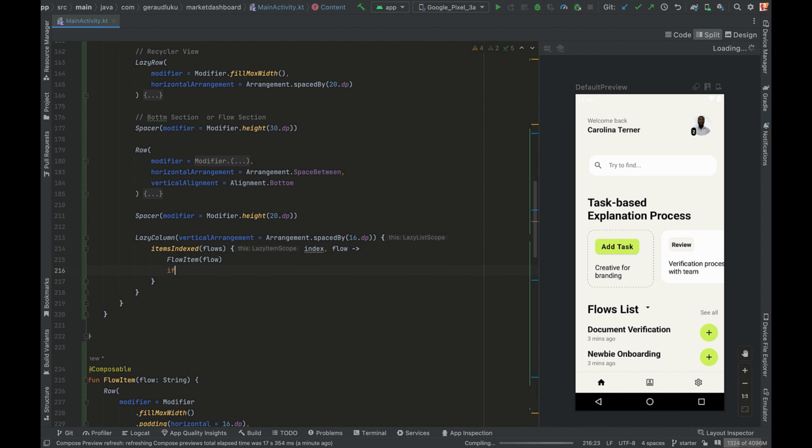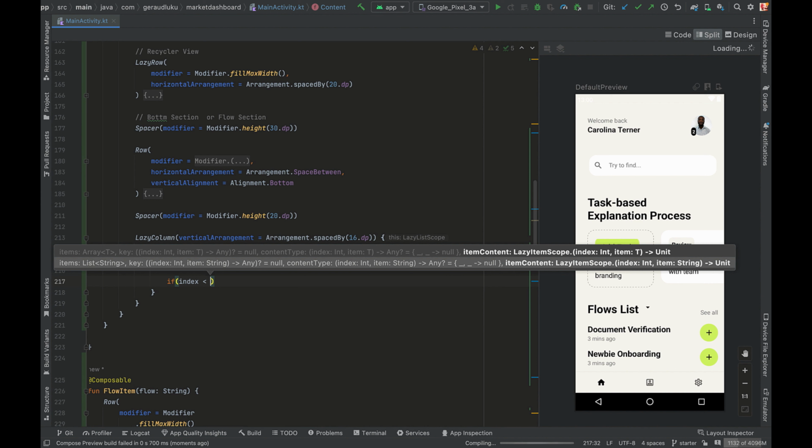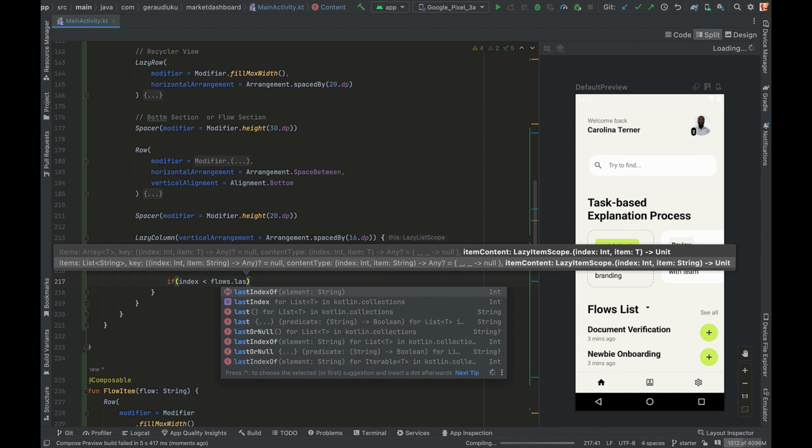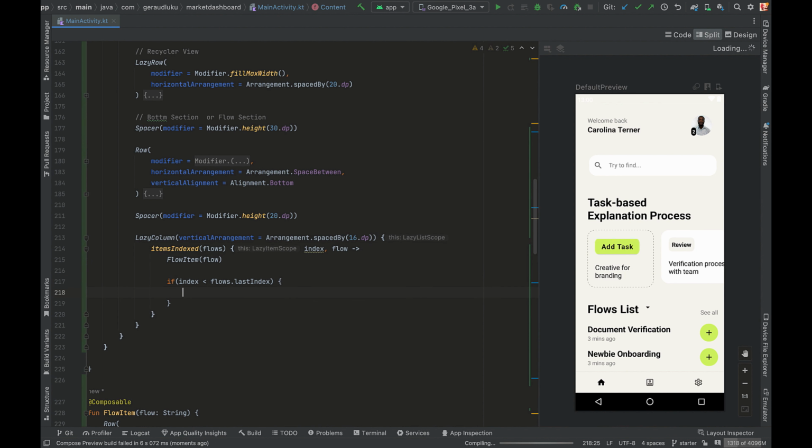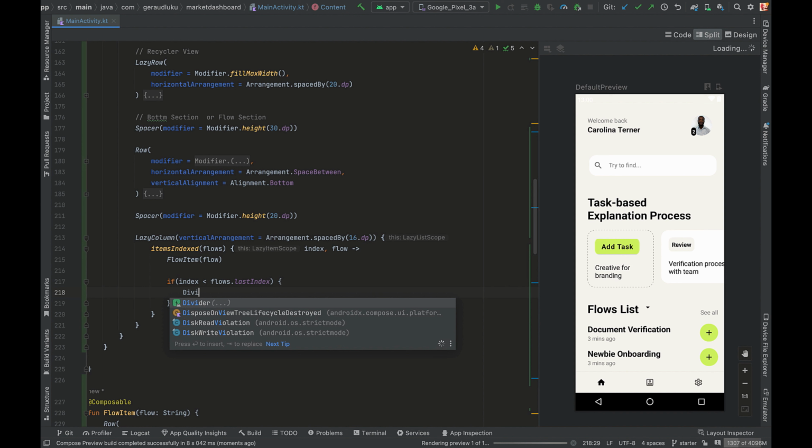So if index is less than the index of the last item, we'll get the flows array to get the last index of the flows array. If the index is less than that, then we're not in the last item. We can add a divider to the bottom. So divider,